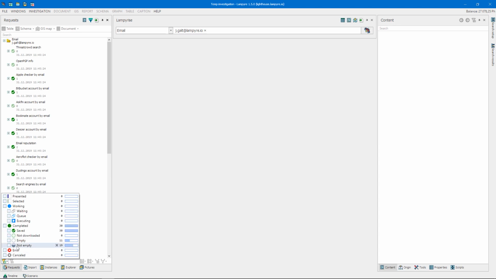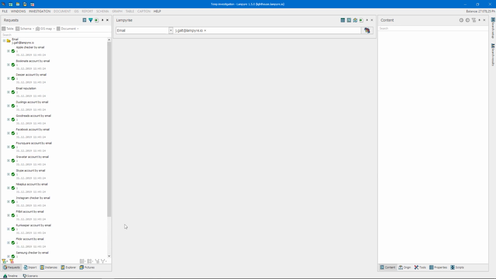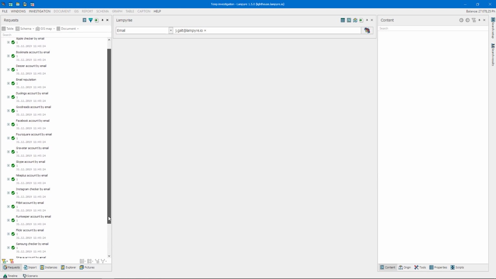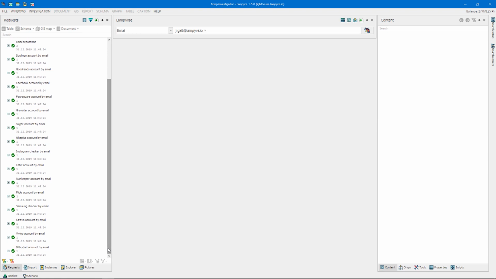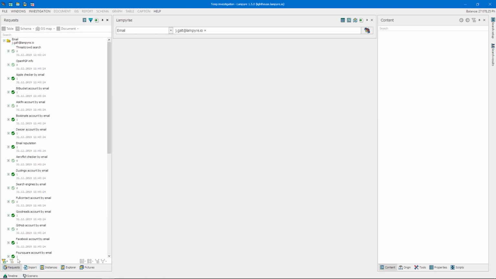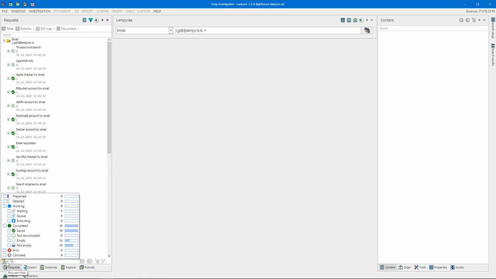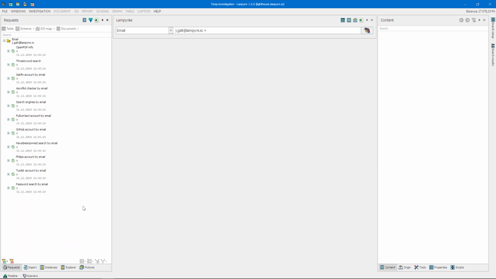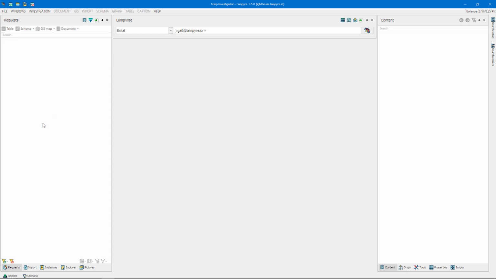Just select all your results, like this, then click this filter button, choose whatever you want to be filtered in, and continue work. Or, for example, you can filter in only the error or empty or cancelled results, or any other irrelevant to you results. Then select them and delete them via right-click pop-up menu. Delete keyboard button also works here. Voila! So it's up to you how to use this feature.